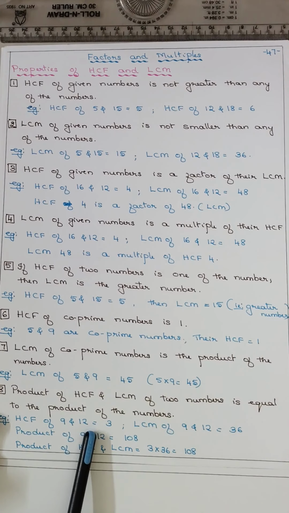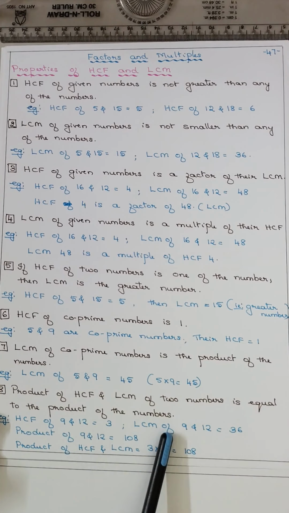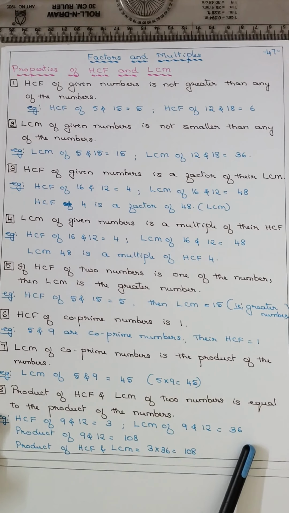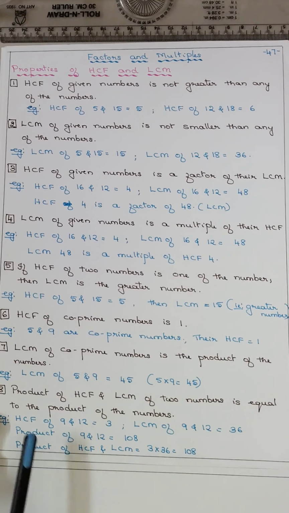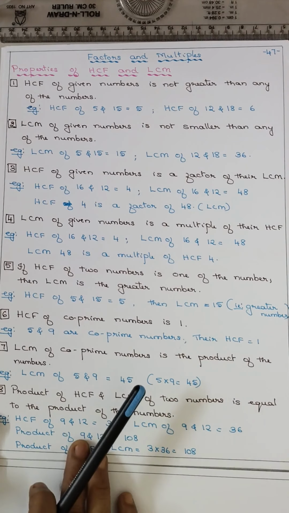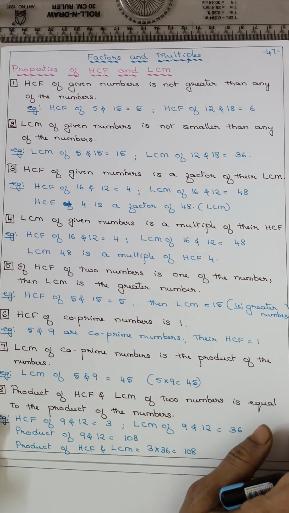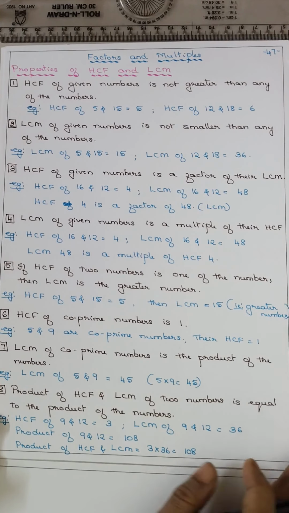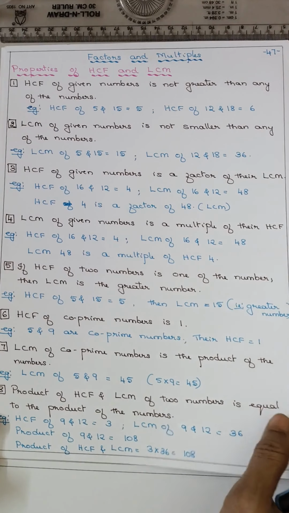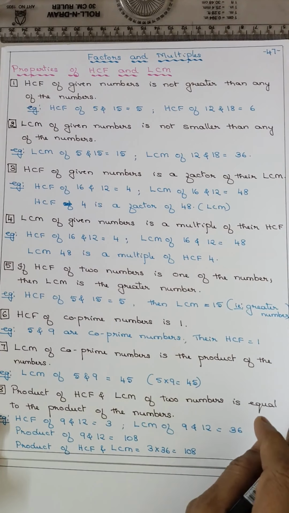9 and 12 का HCF 3 है, LCM 36 है. तो 3 into 36 is 108 और 9 into 12 is also 108. ये प्रॉपर्टी को हम LCM HCF फाइंड आउट करने के लिए यूज करते हैं. ठीक है, we'll understand in the worksheet. Now coming to